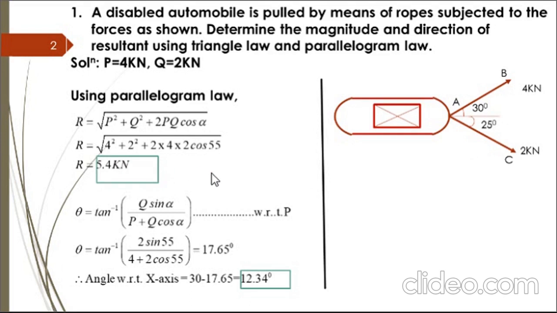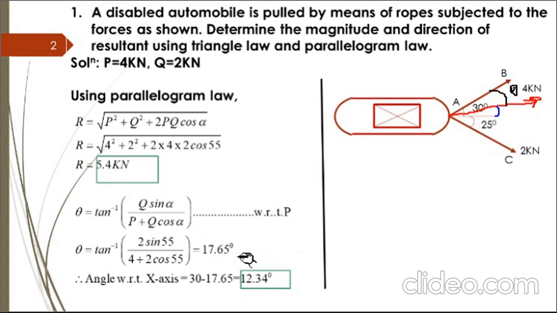And the location of this force: taking theta, theta is tan inverse of Q sin alpha divided by P plus Q cos alpha, with respect to P. It means if AB is my force P, and I draw the resultant force R, then the angle made by the resultant with respect to the x-axis is what we have to determine, and theta is the angle between the force P and the resultant. So theta is the angle between AB and the resultant force R, which equals tan inverse of Q sin alpha divided by P plus Q cos alpha. Substituting the values, we get the value of theta equal to